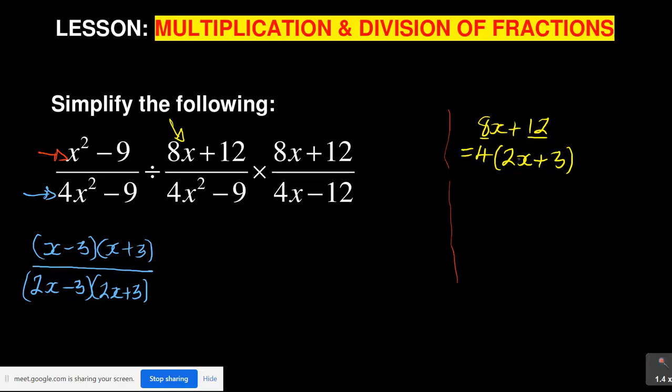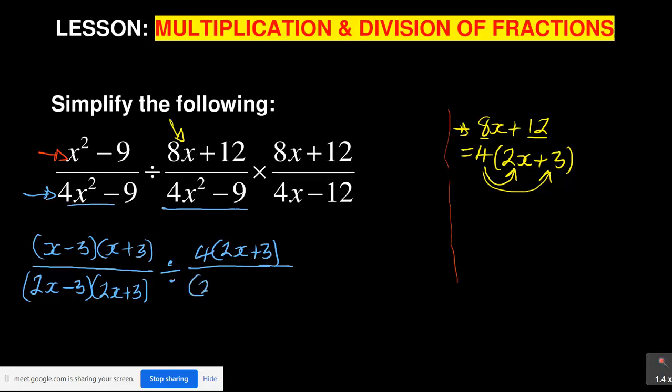So you'll have 2x plus 3. Remember, every time you do it, don't forget to try quickly to expand it to see that it gives you back that one, okay? Because that is how you always keep on checking that you are on the right track. So when you do that, you will have divided by, then you have 4 into 2x plus 3, alright? And then this other one is similar to that one, so I'll still write the 2x minus 3